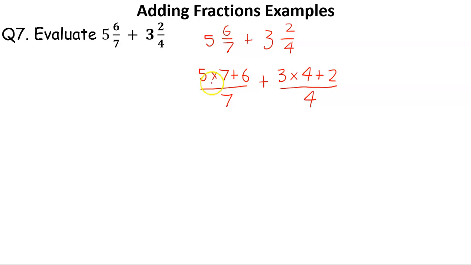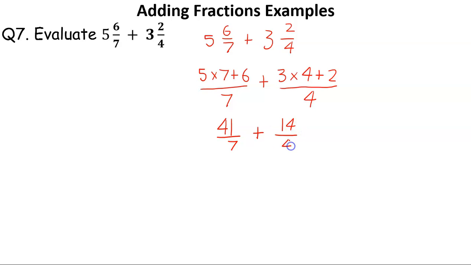From our BODMAS or BIDMAS, we know that multiplication takes place first. 7 times 5 or 5 times 7 is 35, plus 6 is 41 over 7, plus 3 times 4 is 12, plus 2 is 14